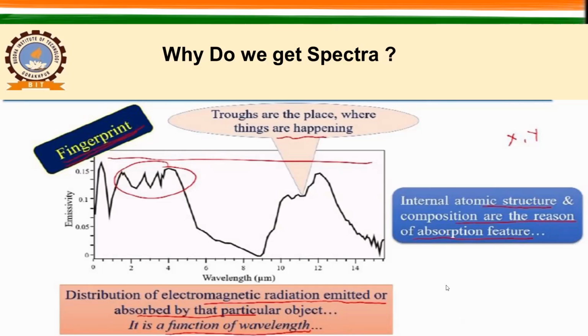So that is why I have written here, fingerprint. So remember, these spectral signatures are unique for all the materials present in our world, even in the other planets. So these are unique information, and they can be used as a fingerprint to identify those materials or objects, right? So this should be clear to you.